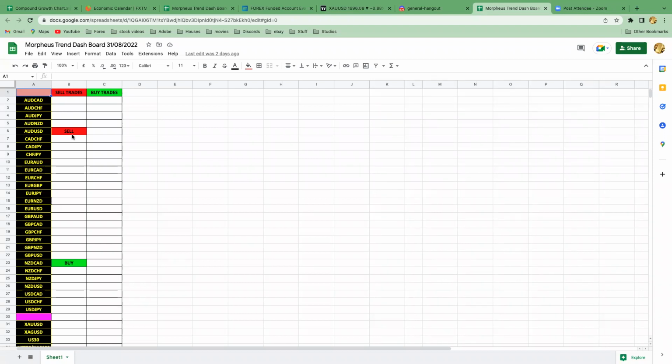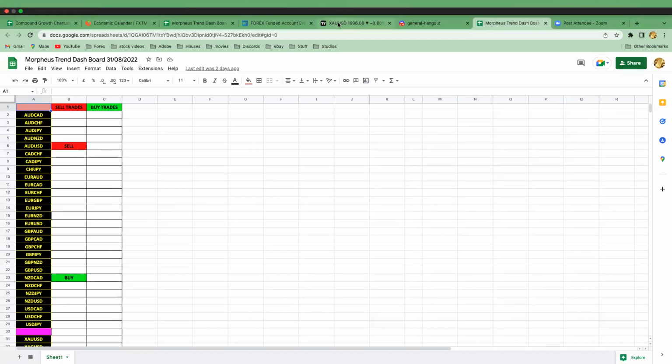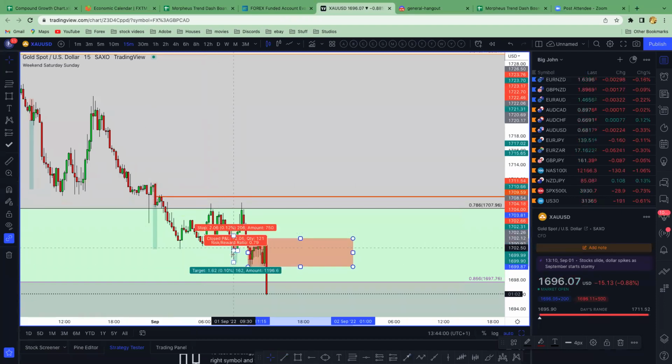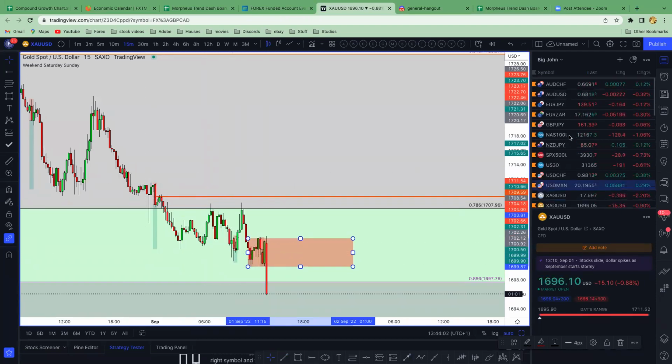So we'll try and enter the market based on that when we do get the Trinity alert that pops up in Telegram. So you're already going to know at midnight, when the market opens, what pairs you want to draw your support and resistance levels on and all this type of stuff. So you're in a better position in order for you to trade whatever pair you might be interested in, basically. So if this is AUD USD and NZD CAD, you'll be able to do all your markups on your chart. And then you'd be able to say, okay, I'm just waiting for my Trinity alert. And that's what happened with AUD USD.